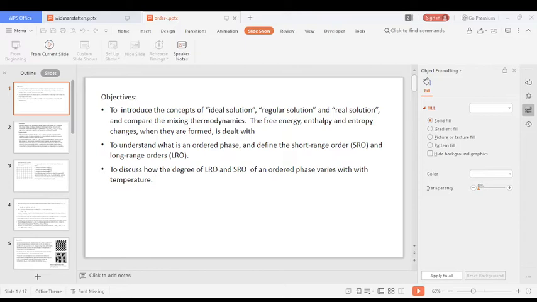Now we talk about what is known as a random solution. If the atoms in a substitution solid solution are completely randomly arranged, and each atom position is equivalent, and the probability that any given site in the lattice will contain an atom is equal to the fraction of the atoms in the solution, that is the mole fraction XA. Similarly, XB is the mole fraction for B atoms, and that is the probability of occupancy of any given site by B atoms. Then we have what is known as a random solid solution.